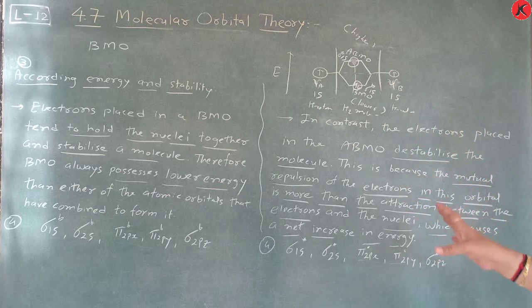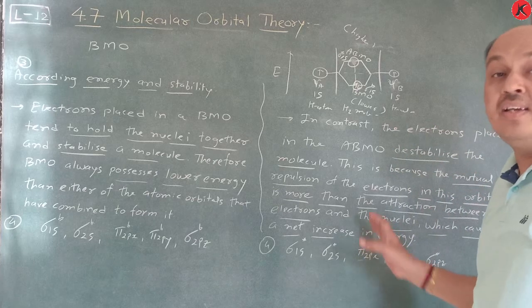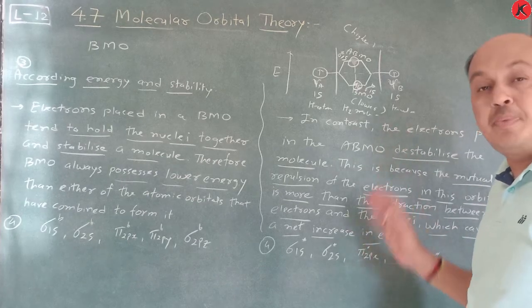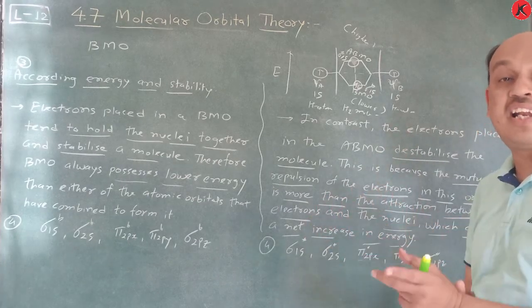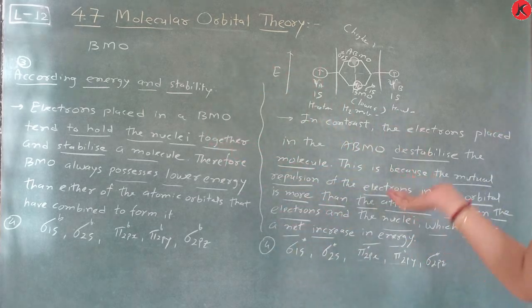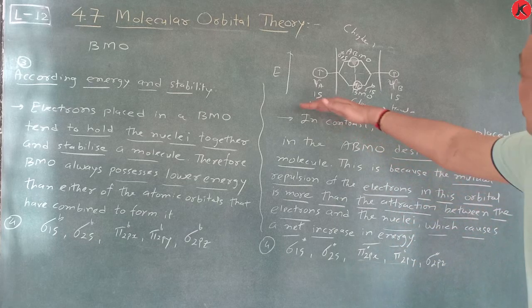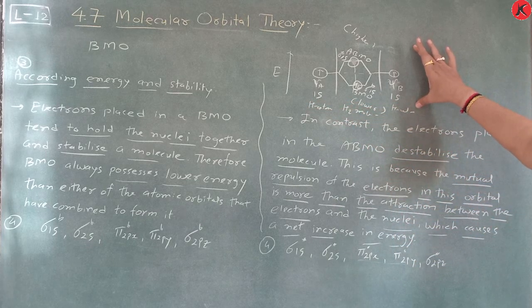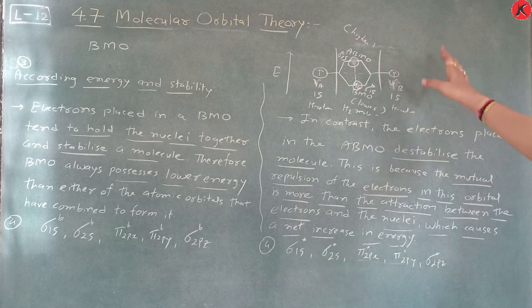Now molecular orbital theory is complete. Read it one time. You have to remember just repulsion and attraction. When attraction is there, it is a bonding molecular orbital. When repulsion is there, it is an anti-bonding molecular orbital. So write down this topic according to your NCERT textbook. This is the last point. So write it completely.